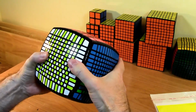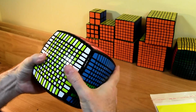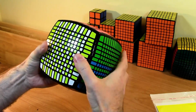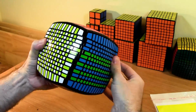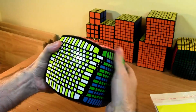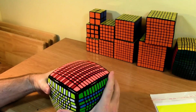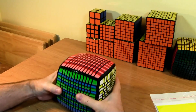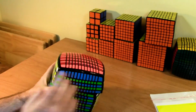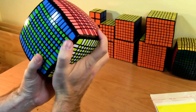Okay, and uh-oh, I think I may have scrambled it. Okay, there we go. We got our checkerboard. Okay, hopefully I got that. It's actually a little bit hard to see here. Oh, I see what I did. Okay, well this will make it a little easier for me then. All right. There you go. So I got everything, and now,